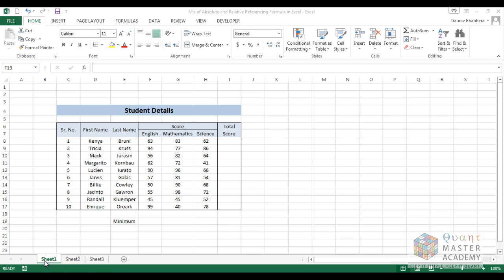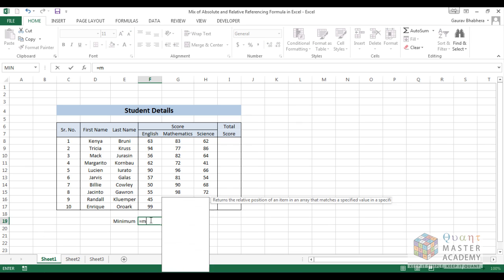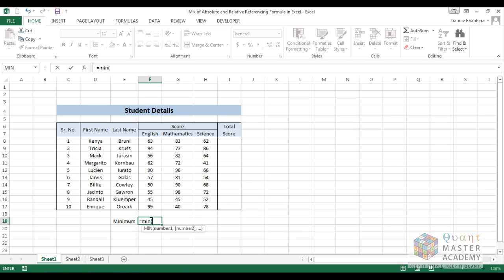So if we type the formula is equal to MIN, open the round brackets, and then select the cells. By default, whenever you are applying a formula in Excel, Excel will always select the formulas with relative referencing. And if we want to make it an absolute reference, we can press F4 so that it converts F8